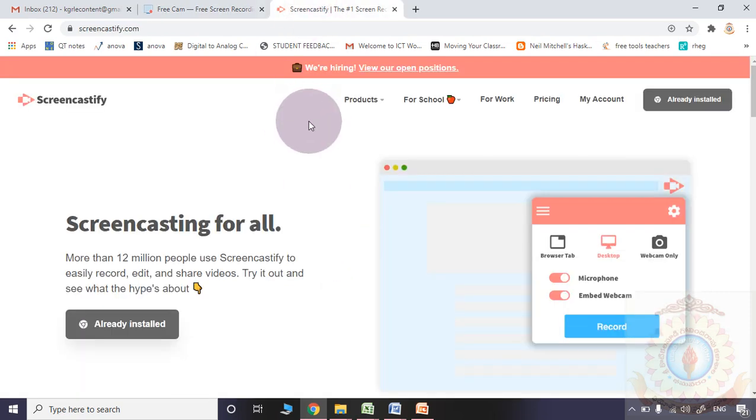But what is the advantage of Screencastify? The video will immediately be saved into your Google Drive also. So easily you can share that video with your students. You can use the same Google Drive link. You may add that Google Drive link in your Google website easily. Even you may upload the same video to YouTube very easily. Even you may download the same video into your system. Everything is possible by using Screencastify.com.